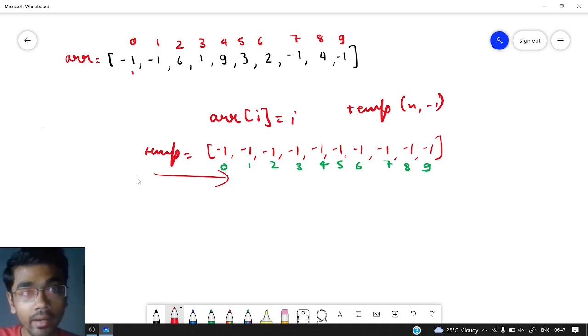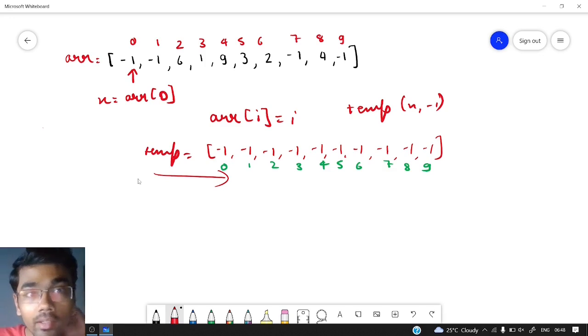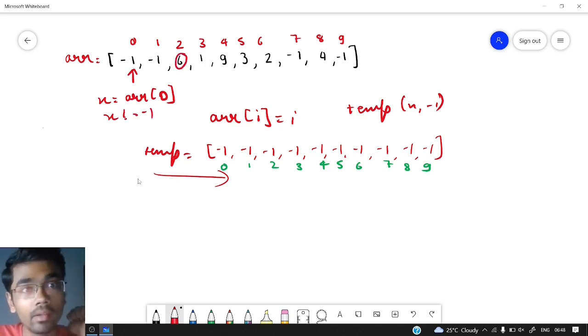What we can do is iterate over this ARR array. We'll start iterating from index number 0. Now we can place this value in some variable. Let's say we are currently at index number 0, so the value present at index number 0 will be ARR of 0. Whatever this ARR of 0 is, if this x is not equal to -1, then there will be some number present. Let us assume that 6 is present, so we can say surely that 6 will be present in my temporary array also. So at position number 6, I can just replace this -1 with 6.